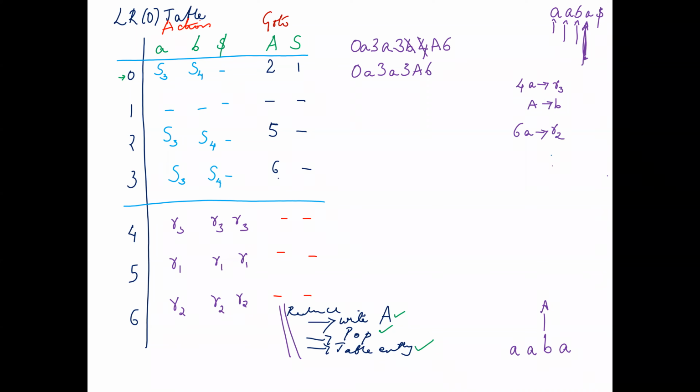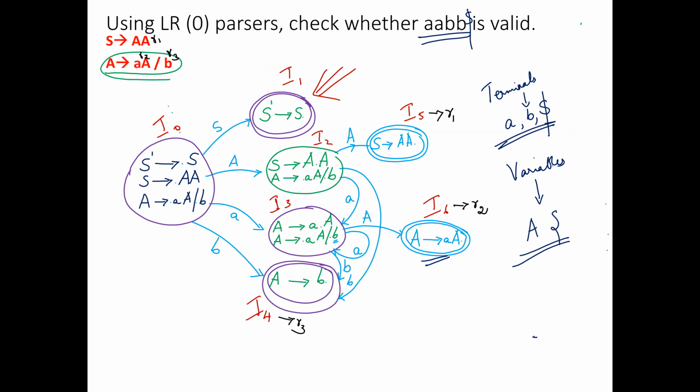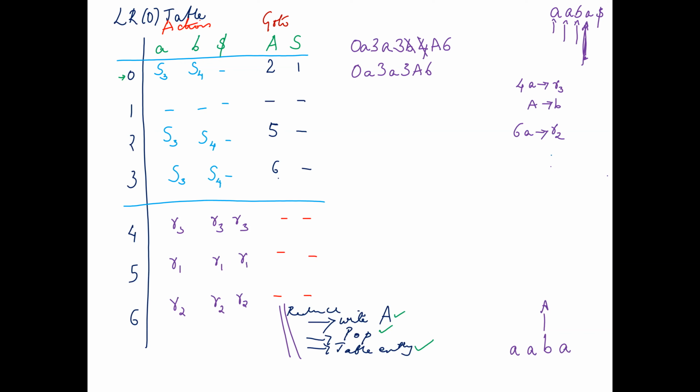They're telling me 6 small a is again a rule called R2. Let's find out what is R2. R2 is A to small a, capital A. Don't touch this A. Just before that, you will have a small a, capital A. Replace that with A. 2 elements, which means I'll have to pop out 4 elements. Replace it with A. So I write A over here. The same way, 1, 2, 3, 4. So, I have 0, A, 3A. It's completed.